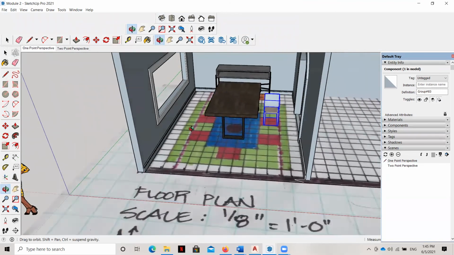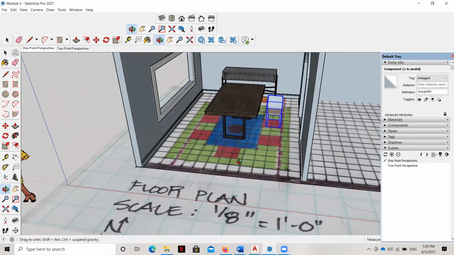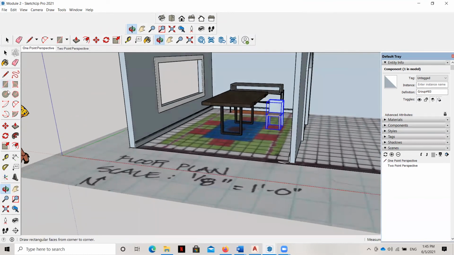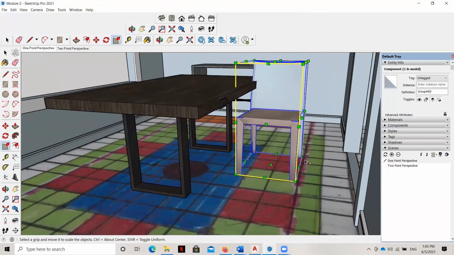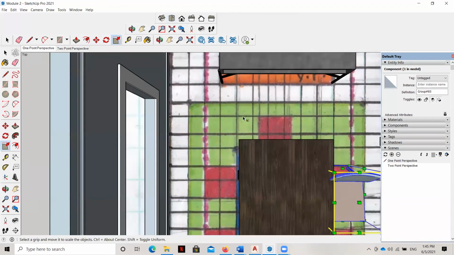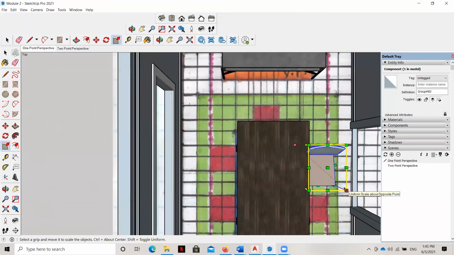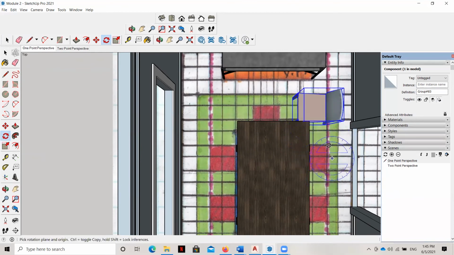And you can see all I have to do is just increase the scale a bit by stretching it just as I've done with the rest of them. And I'm going to try to get it so that it fits nicely within my floor plan box. You can see that was a little too much. I'll scale it down just a little bit. And then what I have to do is rotate these. And then we can move them.